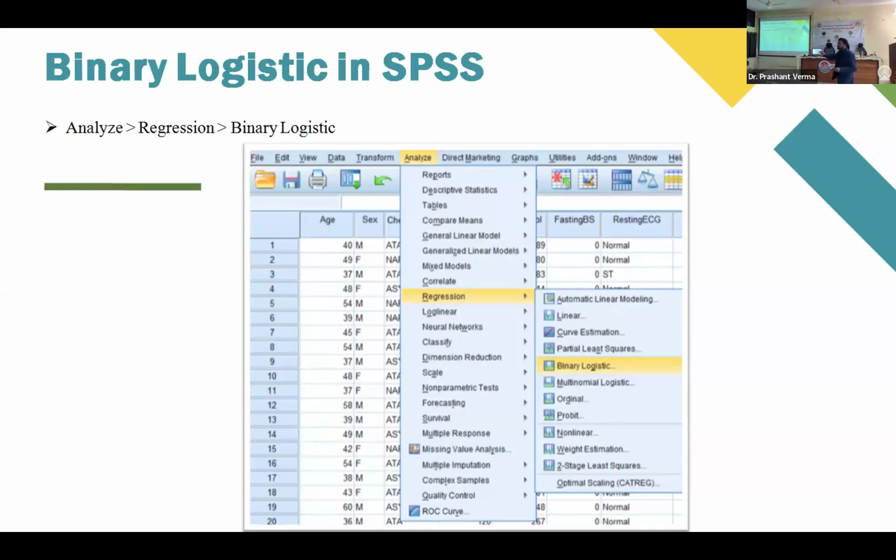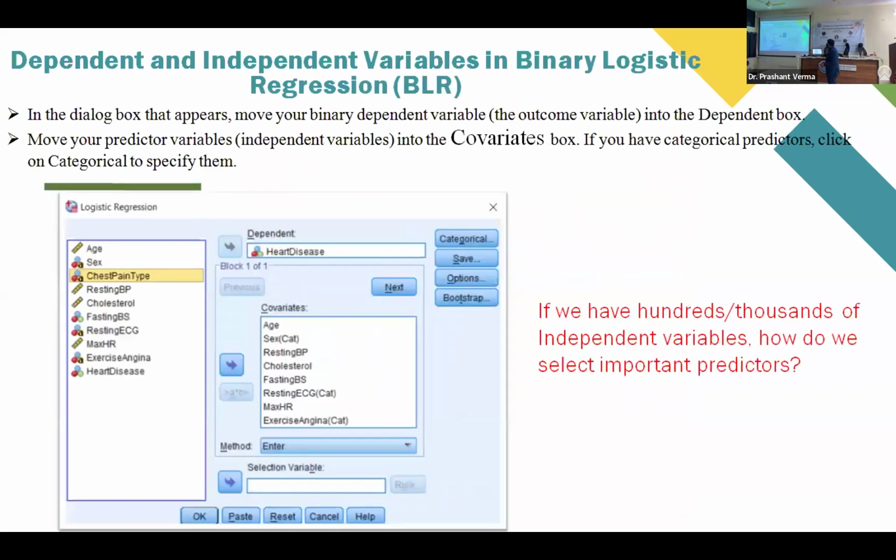Okay, what we will do? Now I'm showing the PPT path to perform the logistic regression. After that, we will use the data on SPSS and demonstrate it. Finally, you can do it yourselves. Okay, so this path is clear.